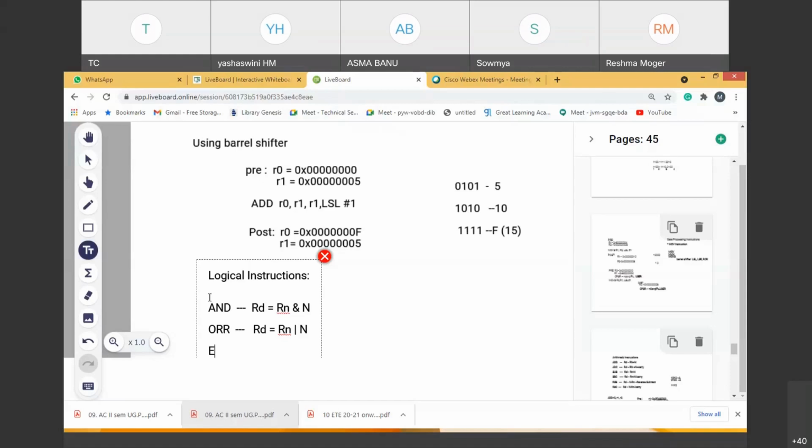Similarly, I have an important instruction called EOR, whose result is stored in RD. How the instruction is written, I'll tell. This is the representation. So if I have XOR, how to represent XOR? With a cap, XOR with N. And I have one more interesting instruction which is called the bitwise instruction. Okay, bitwise instruction, logical bitwise instruction, which is a special instruction used for a certain purpose.